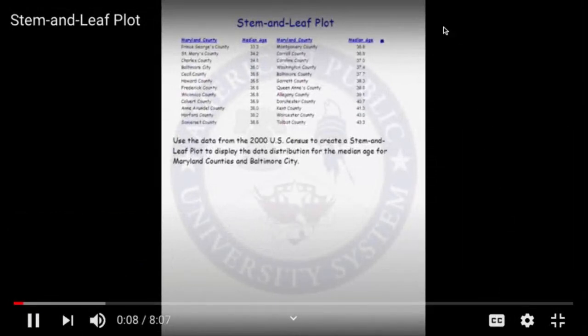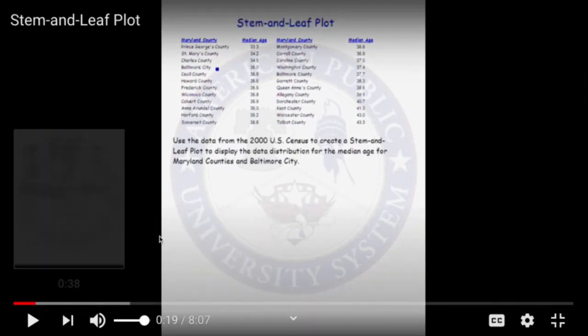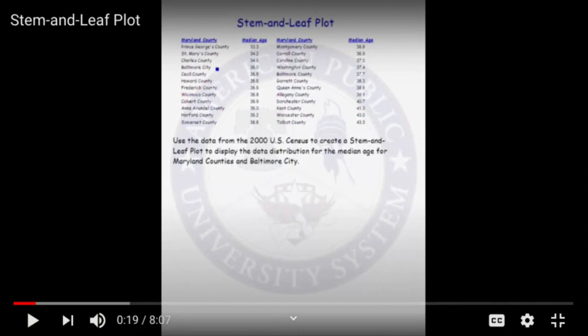What we have is the median age of all the residents in each county of Maryland. In addition, we also have the median age of all the residents of Baltimore City. Okay, so what they're doing here, and everybody remember what the median is? It's the middle. It's the absolute middle of your data set. It's not the mean, it's the middle. It could be the mean, but let's just say it's not the mean because it doesn't usually happen at the same time. For counties in Maryland, you have the median age, and this is from the 2000 US Census,